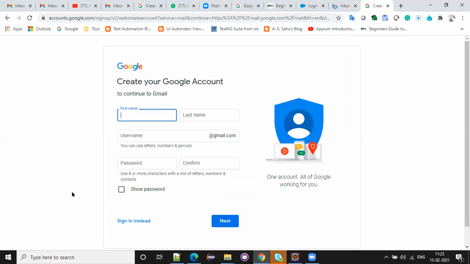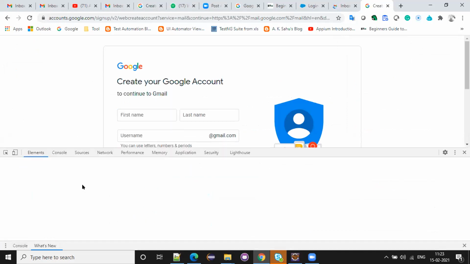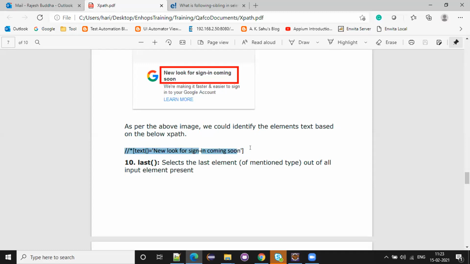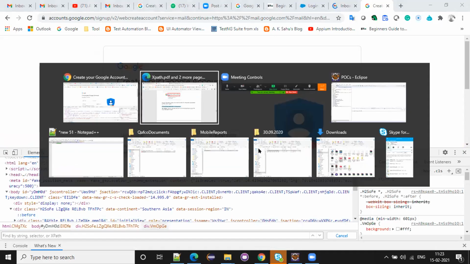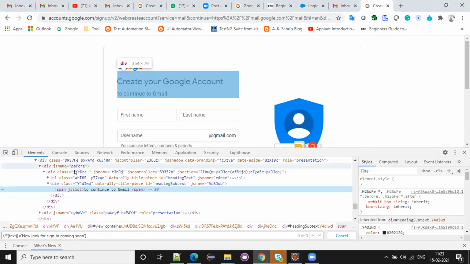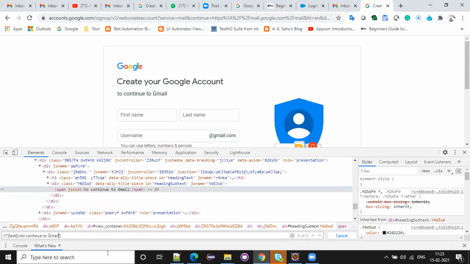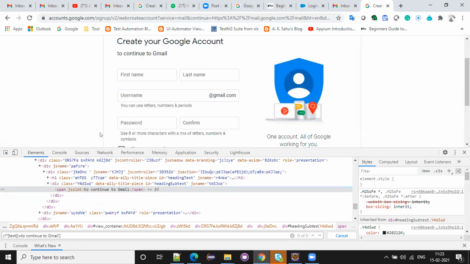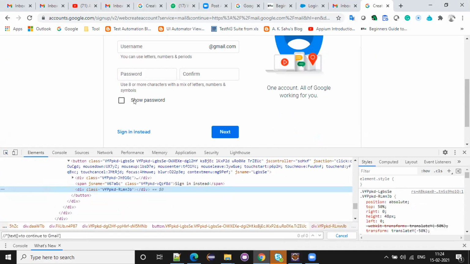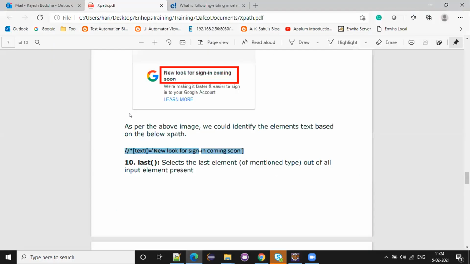Okay, so what we'll do, text equal to. Maybe I'm not able to get this one, text equal to.